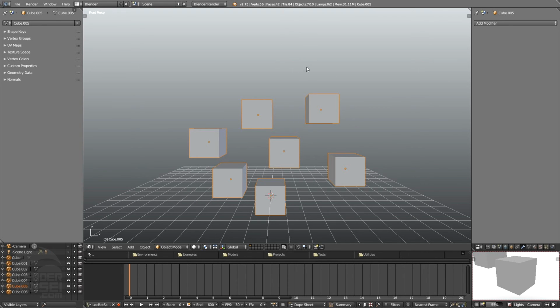Now, a lasso select is an additive selection. Basically, the more items you select with the lasso selection, it will add to that selection. You don't have to hold shift or anything. So I'll double click here to deselect everything. So if I were to hold control and use my right mouse to lasso select these two objects here, they're selected. And then if I hold control and drag my right mouse button around these two objects, they're added to that selection,